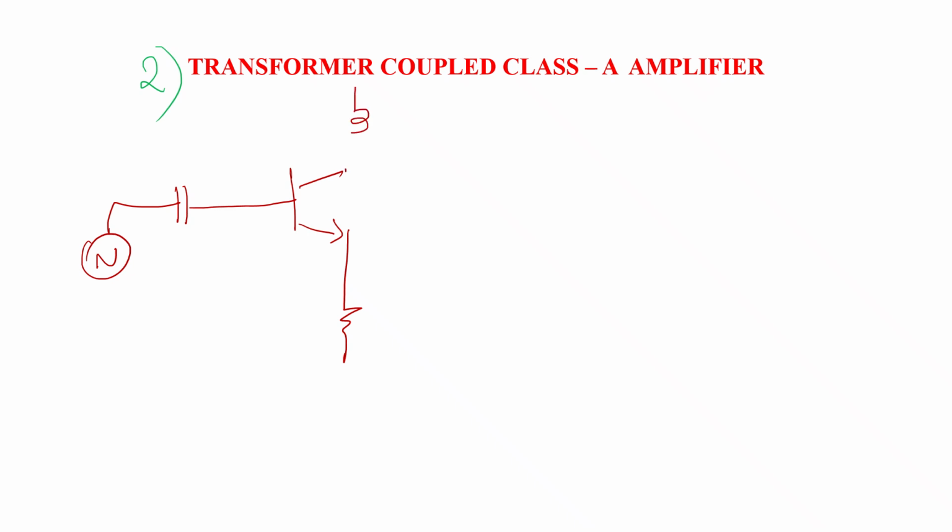The next type, the second type of class A power amplifier, is the transformer coupled class A amplifier. So what makes the difference from the normal direct coupled class A power amplifier? Where do we collect the output from? The output is collected from the collector terminal of the amplifier. So the modification made in this circuit is that in the collector terminal of the